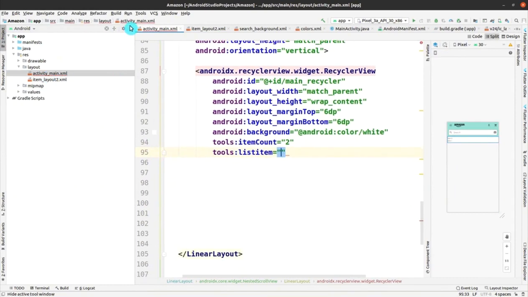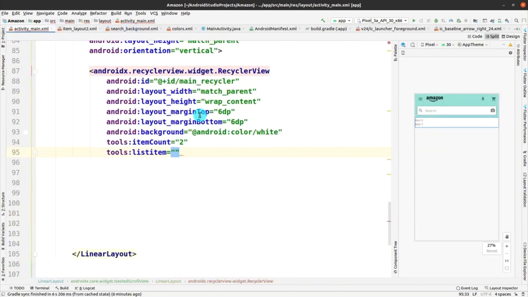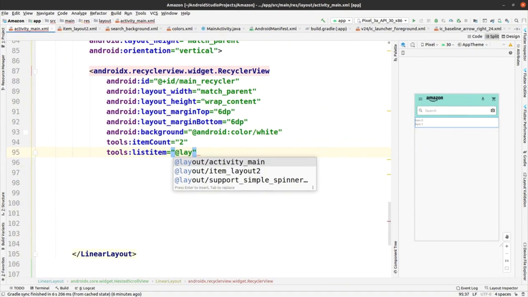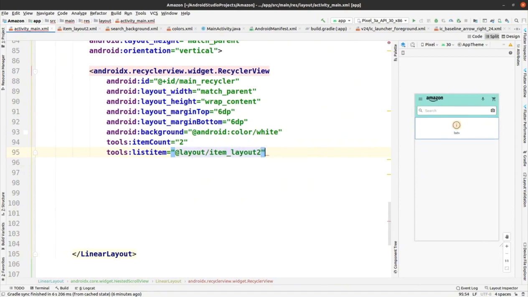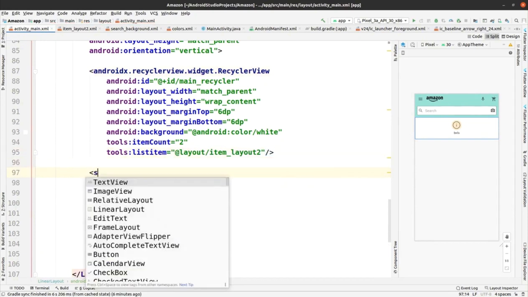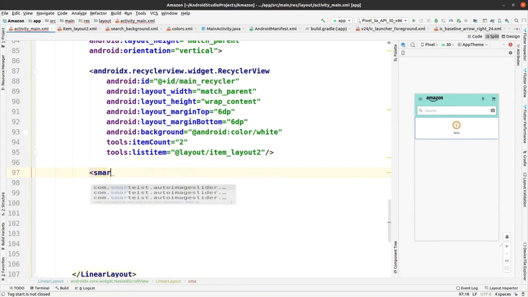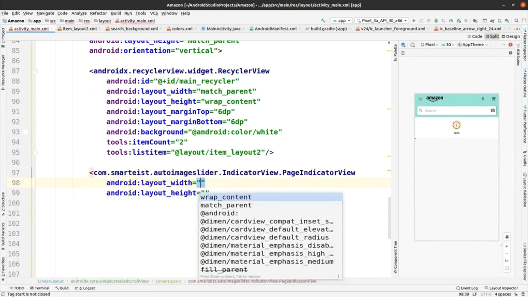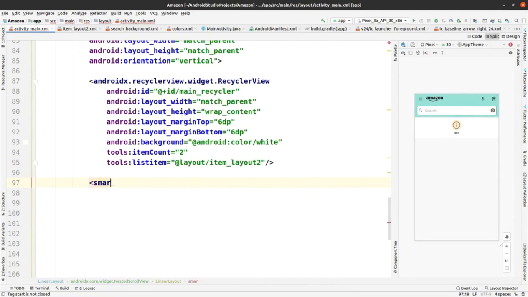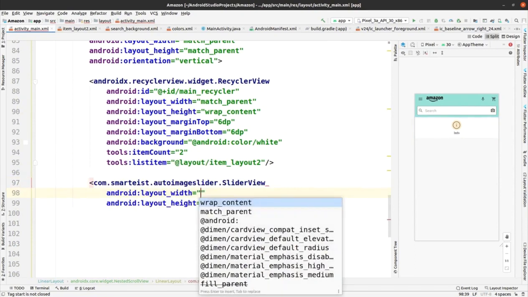Now item layout 2, you have to give it here at layout as @layout/item_layout_2. So it is added, you can see that. Close it. It is a story like Instagram story like option. After that you have to add that slider that we have taken from that custom library. So add that slider view